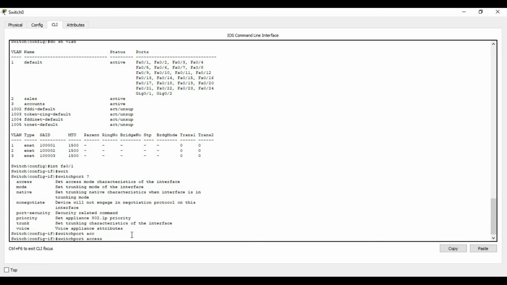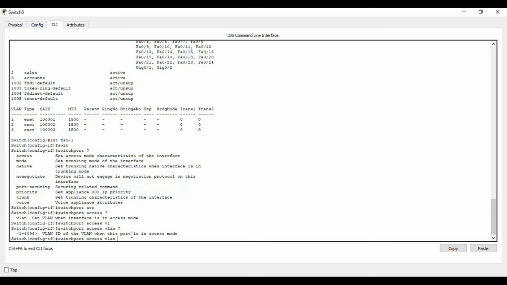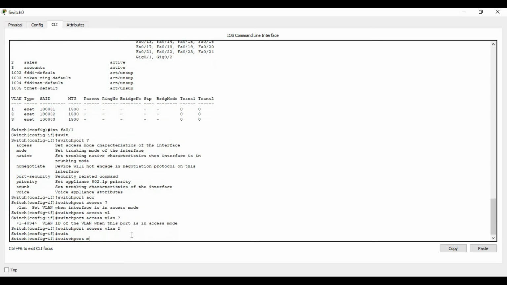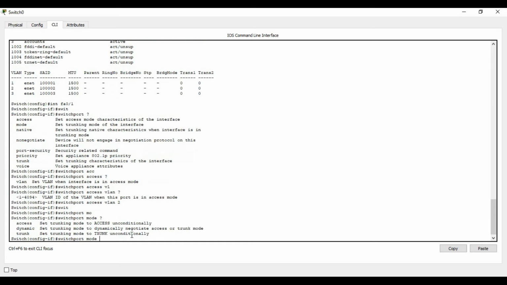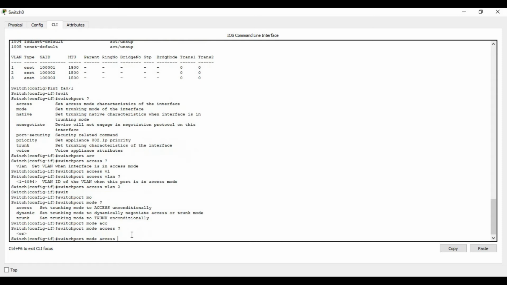So we'll choose the command switchport access vlan 2, and give another command, switchport mode access. Done.